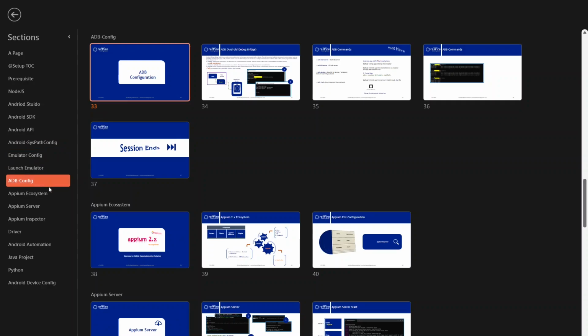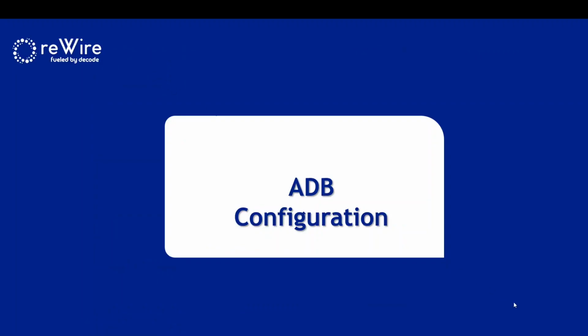So this is the last step of the prerequisite configuration. With this we are completing the prerequisite with respect to the Android side. ADB is the Android Debug Bridge, which is part of the